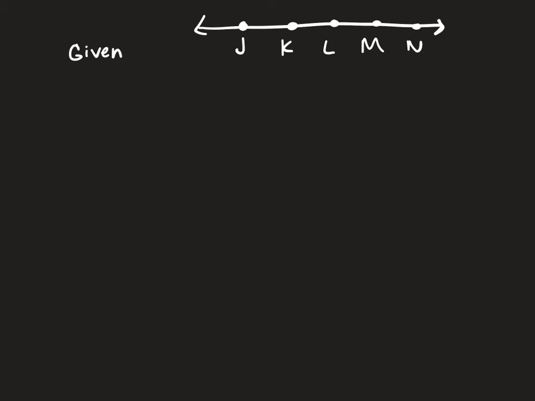Let's see. So page 11, we have this lovely picture. So we have J, K, L, M, N. And we are given that JM is congruent to KN. So JM and KN. And we're trying to prove